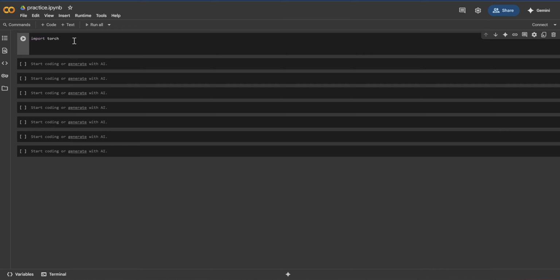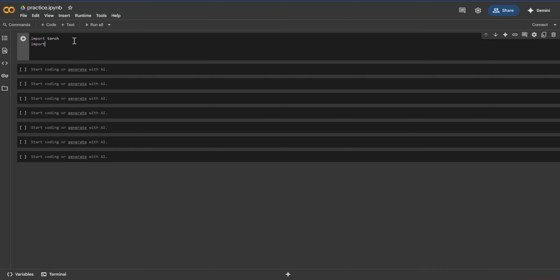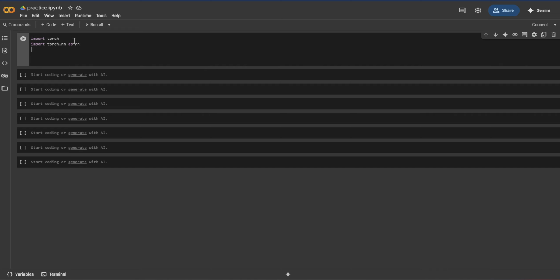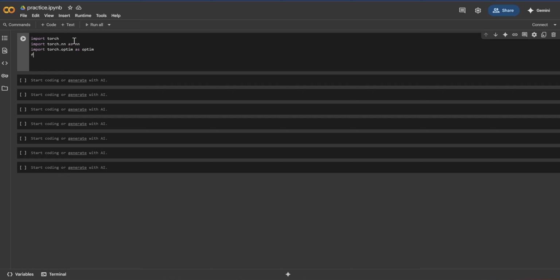So we do the import TOS, import .nn. I will explain you later when we use the library. So we just import some of the library we need for the training right now. So Optis is for the optimizer. So when we do the training, we need the optimizer, and from the TOS vision, we got the TOS vision here for importing the data set